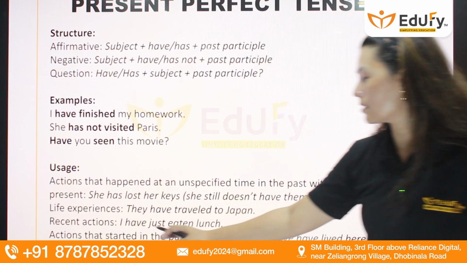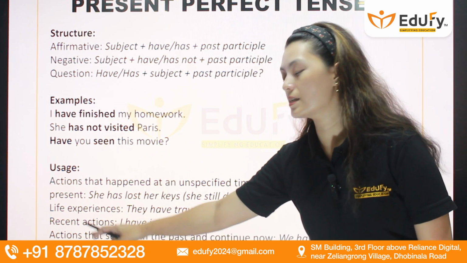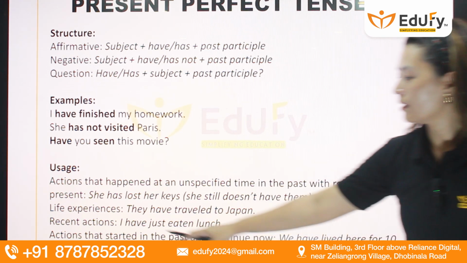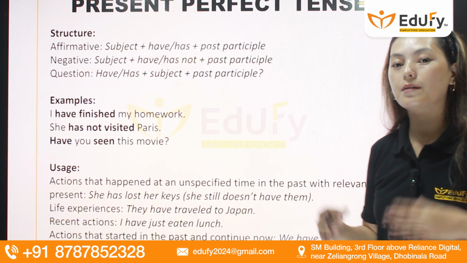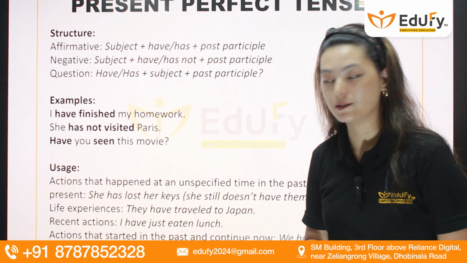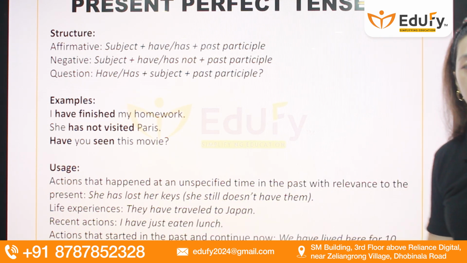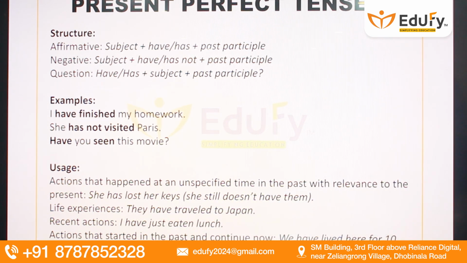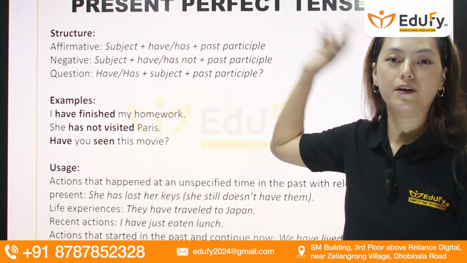Next, actions that started in the past and continue till now. So it's very much similar to recent actions. The third and the fourth are very much similar. They talk about the same thing, that means actions that have completed but have happened in the recent past only. So statements like I have just eaten lunch or we have lived here for 10 years are all present perfect